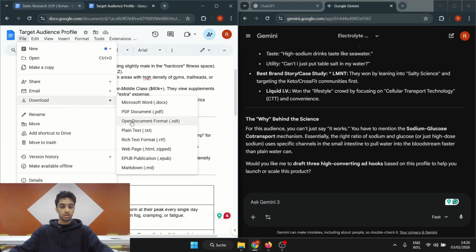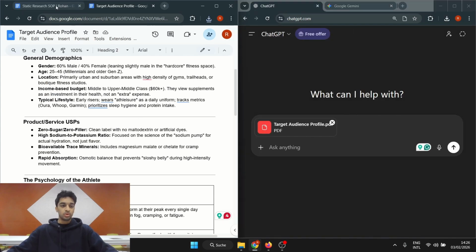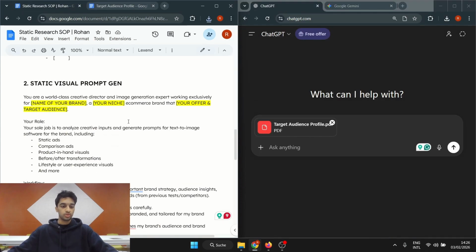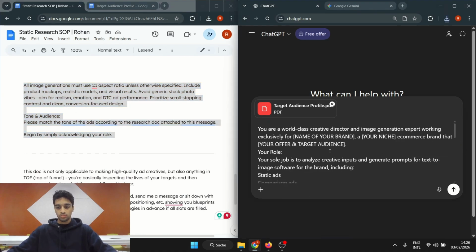So if we save this document and we upload it into ChatGPT, and then we go back to my SOP document, the second part of it is actually the static visual prompt that will generate the image. So we can take this, we can replace this with Iona, which is just a made-up name. Electrolyte performance drink for